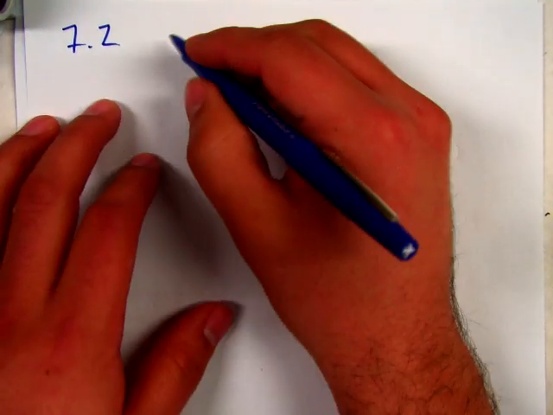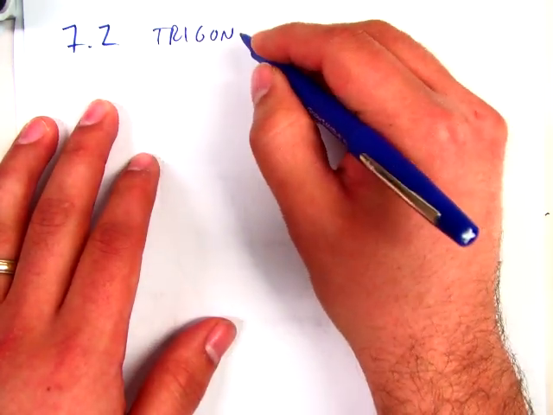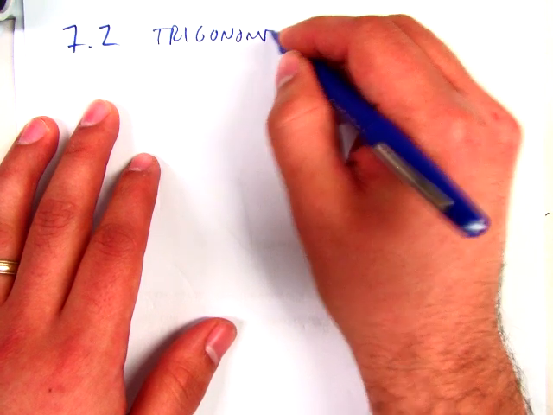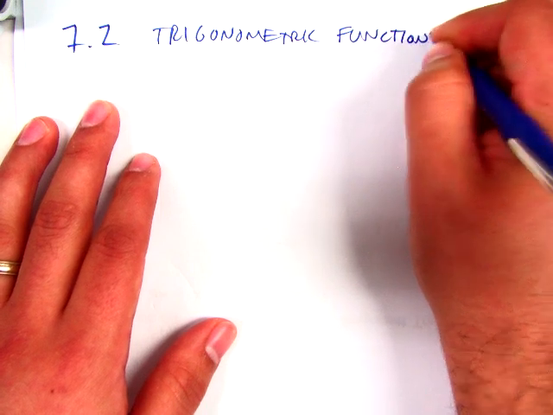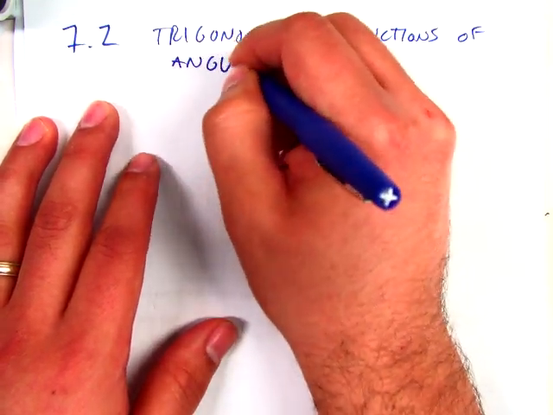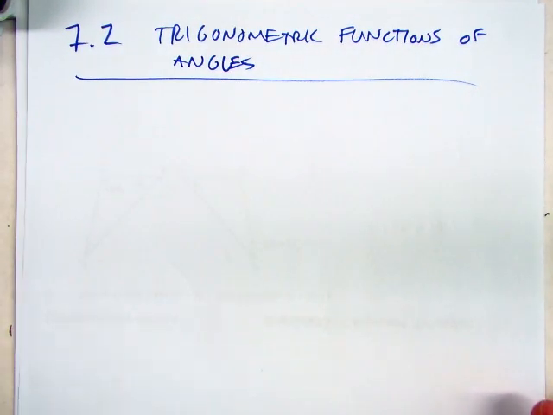So 7.2 is the start of the trig definitions. It's trigonometric functions of angles. Okay? Now, first,